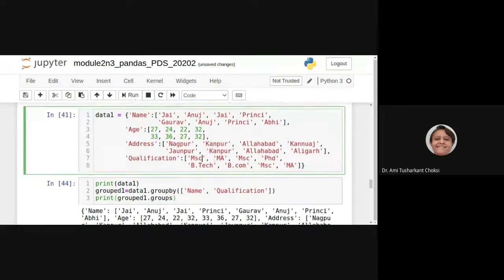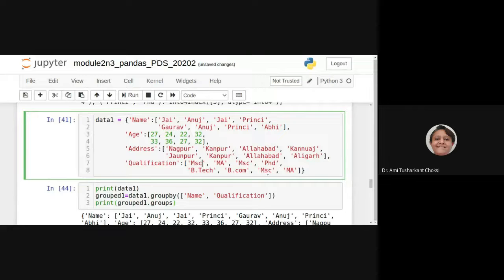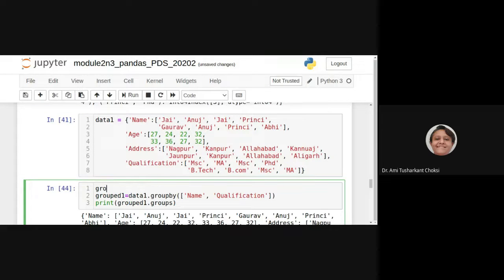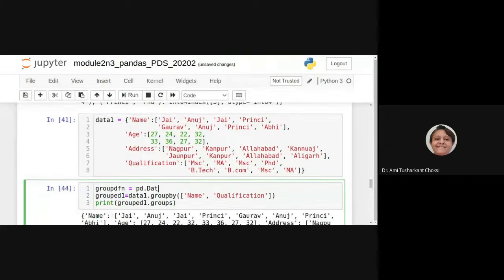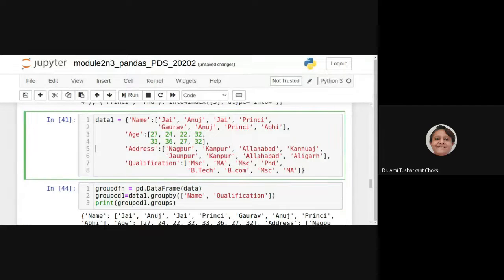This is the data. Yeah, we have changed that, and we can say group DF, or any name, say N, equal to PD dot data frame, and we have to give this data one, or we can change the name also.